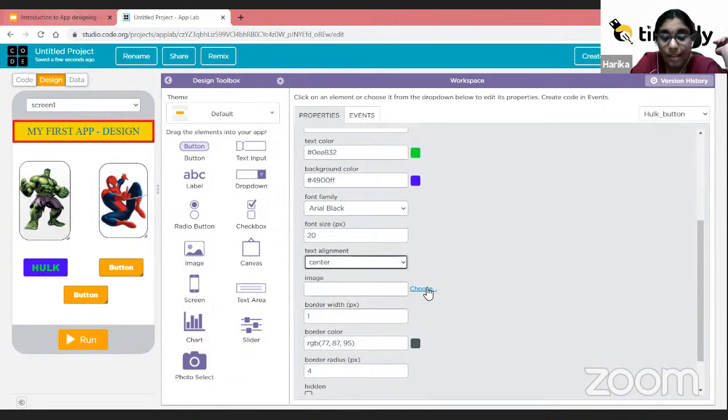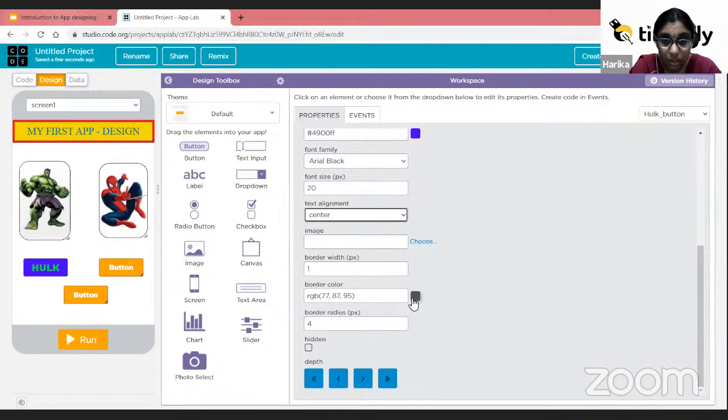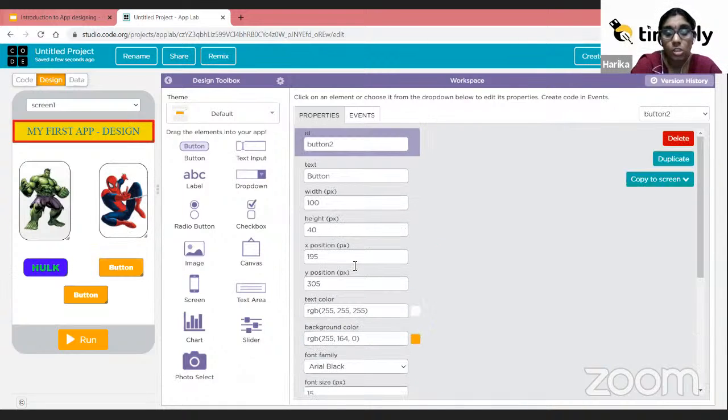Good. And for this button, I'm not going to choose any image. For the buttons also, we can choose the image, but I don't want to do that. And the border width, there's no border. I don't want to give any border. The border color, okay, let it be. And border radius, I can just increase it till 10. That should be enough. Next is to change the properties for the Spider-Man button. So the next button, button 2, instead of button 2, I'll use Spider-Man button. So in the place of button, I'll change to the word